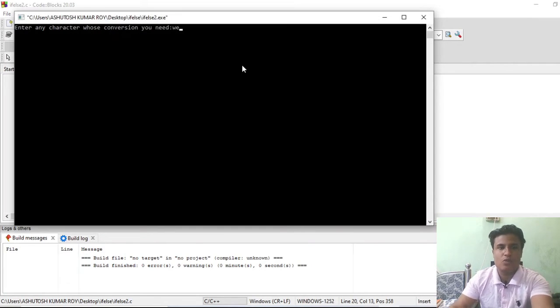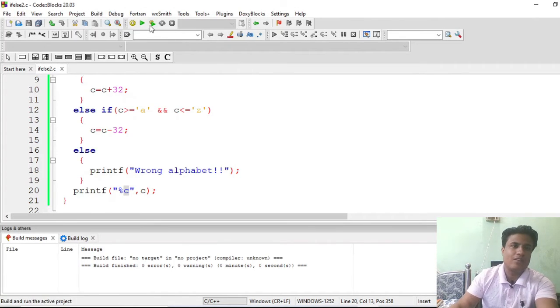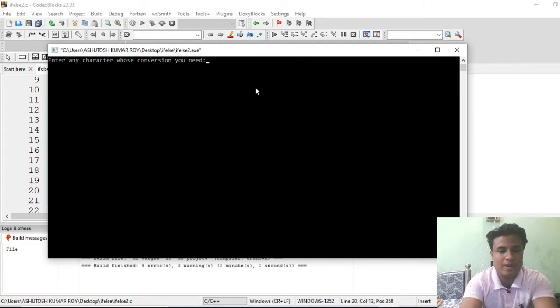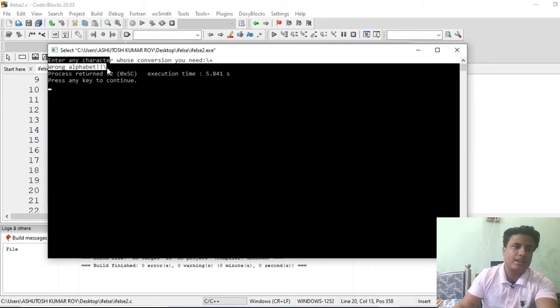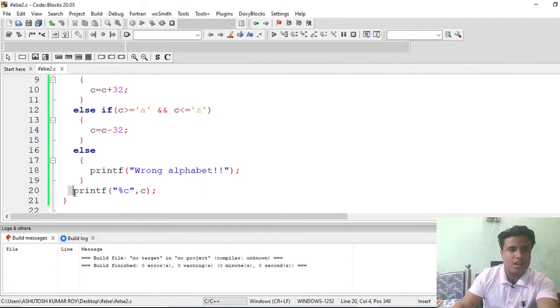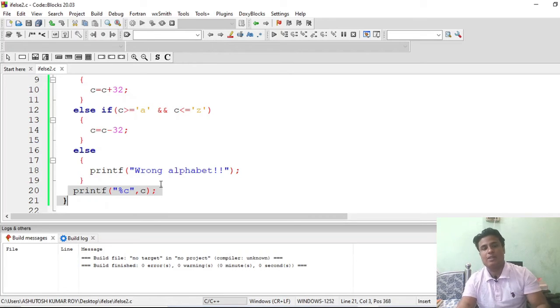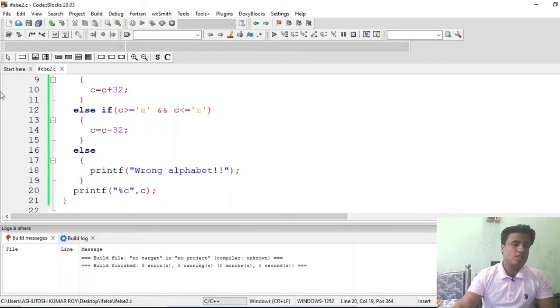Suppose we write two alphabets here. What will it return? It will return the first alphabet. Okay, it's working fine. But if you write something wrong, two wrong characters, suppose I write slash n plus, it is also returning this slash value. You can see why: it does not come under any else if block. Either all the conditions are true or none of them is true. In either case, it will execute this code.